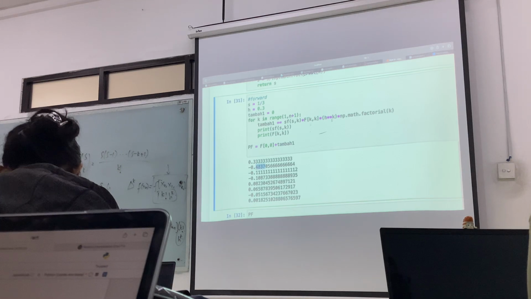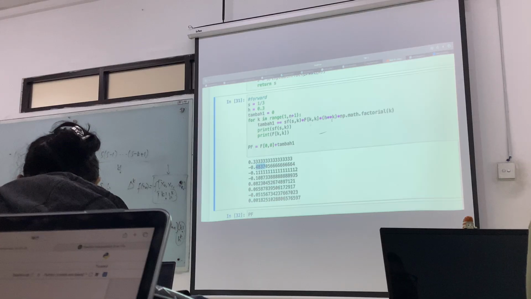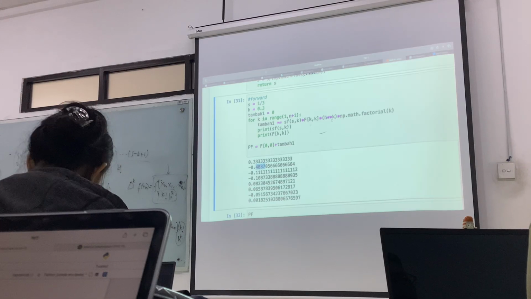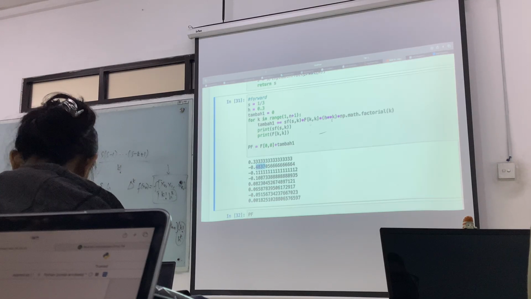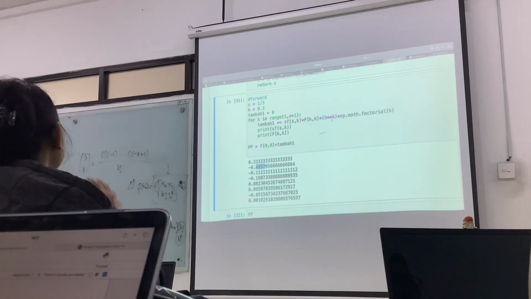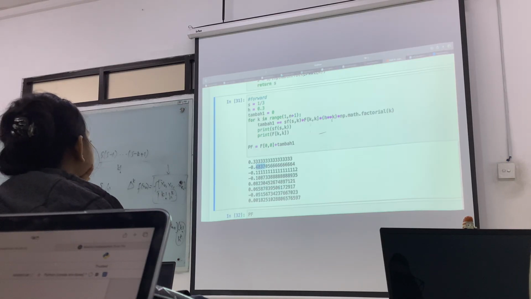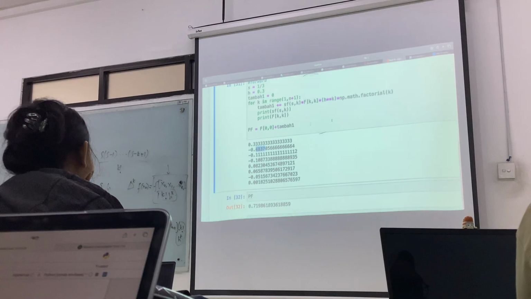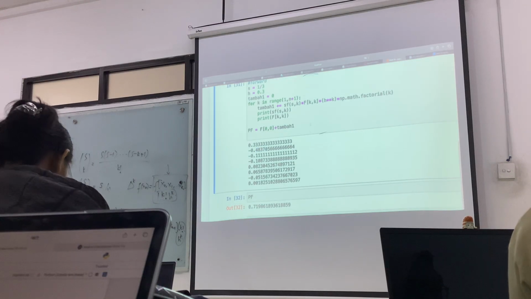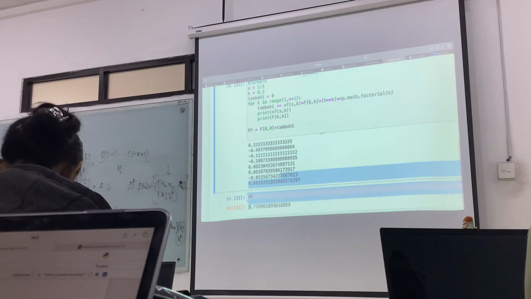H to the power of k factorial times h to the power of k. Look the same as mine? You got this, 0.78. You write the same word, then you will write the same answer.